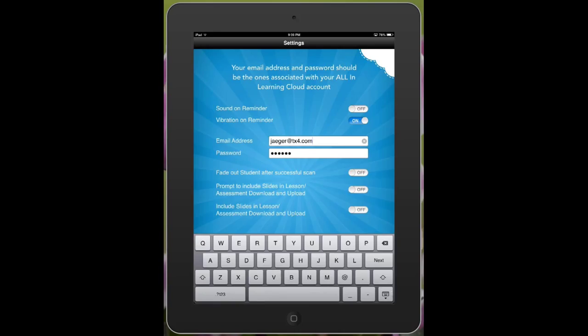The other option that you have is to fade out student after successful scan, and I am going to turn that on. And this is actually one of my preferred features. One of the reasons for this is that this allows me to walk around the classroom and grade the bubble sheets and show the students what they got. And then before I get to the next student, the previous student's name and their grade will fade out so that the next student does not see what the previous student got. Now, I'm going to leave my settings as they are for now, and